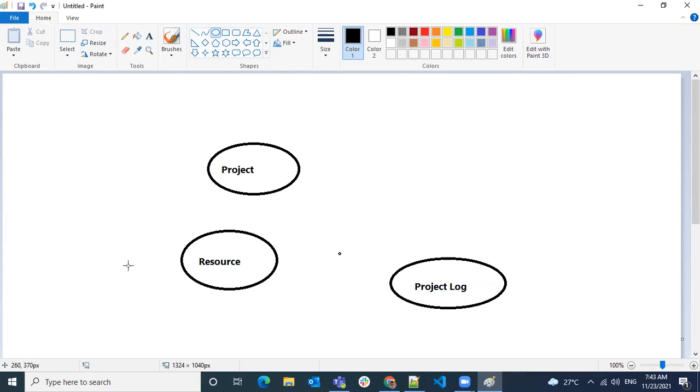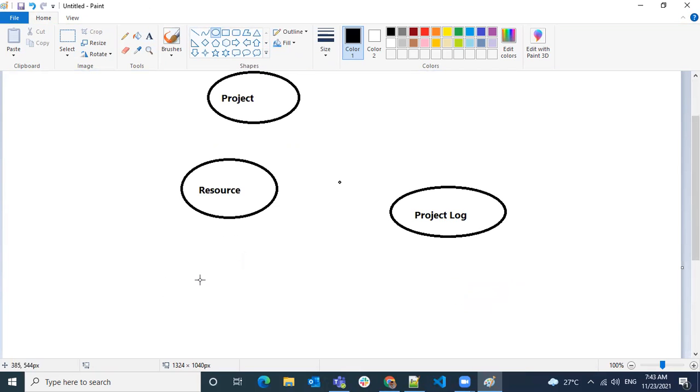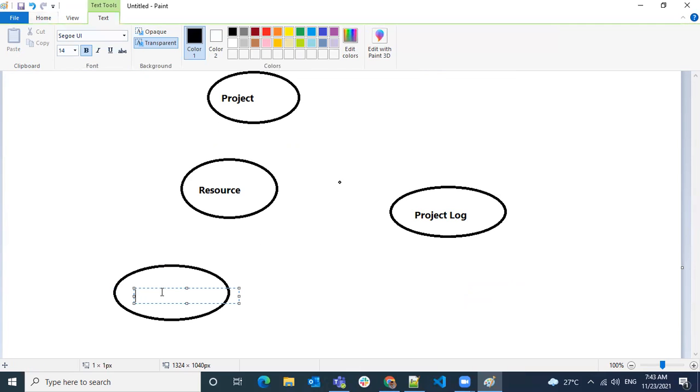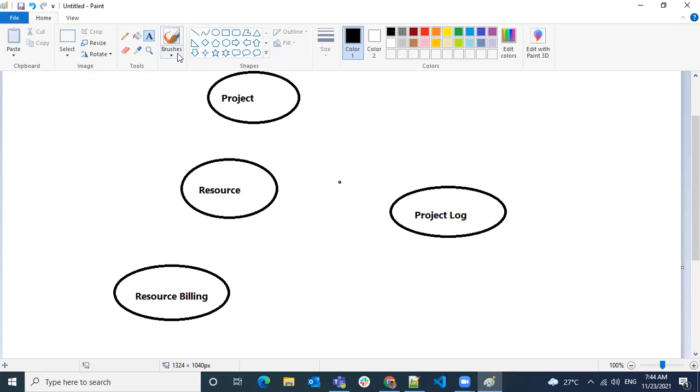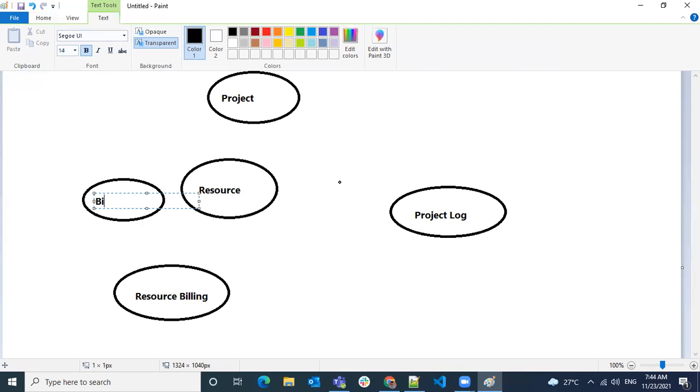And let's say I have something called resource billing, and I have one more object called billing cycle.